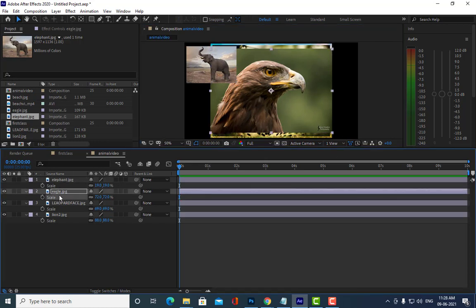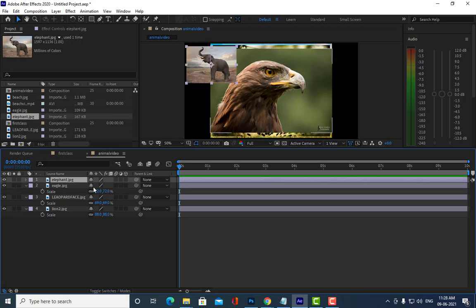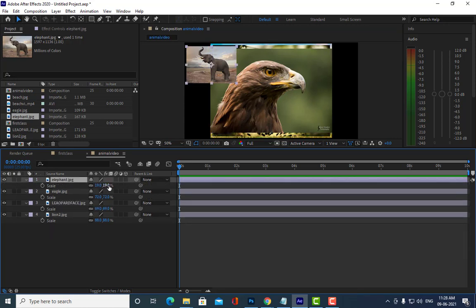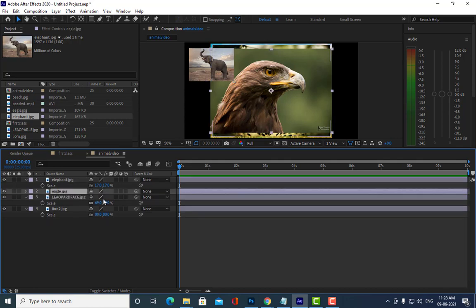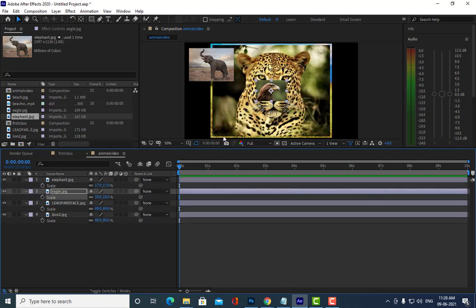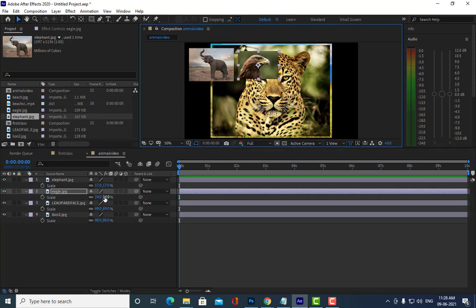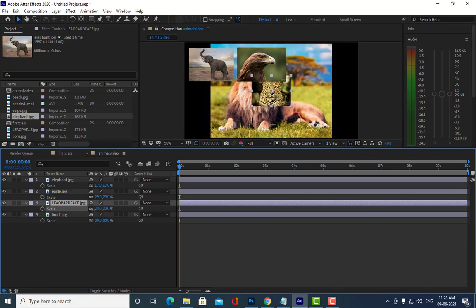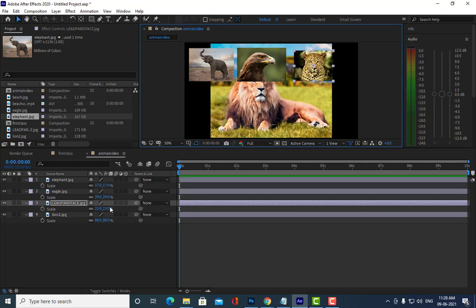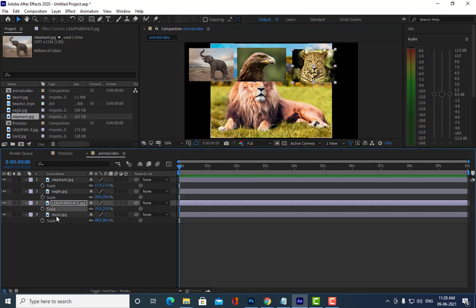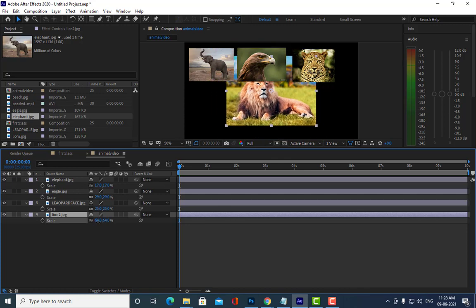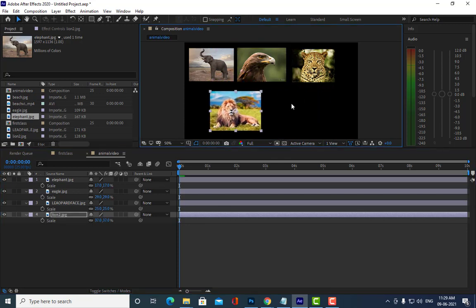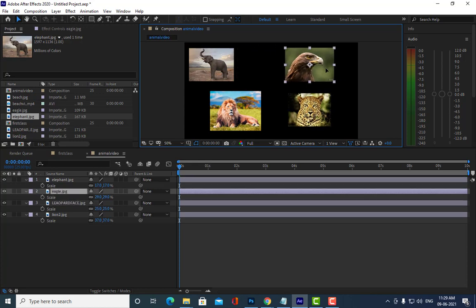We'll scale all the images in equal size. So we'll adjust them properly like this.